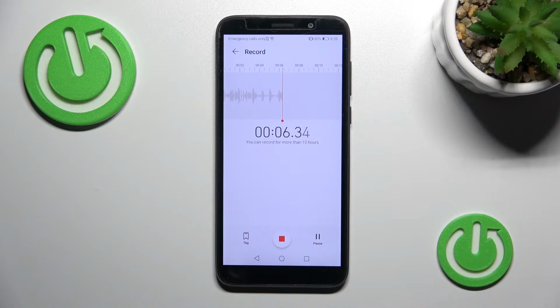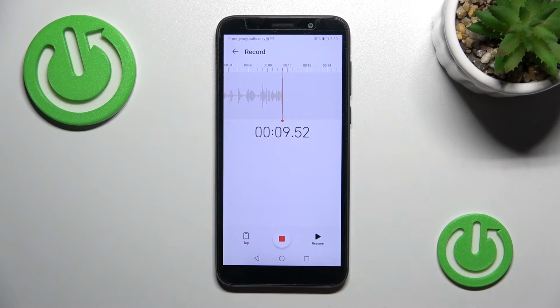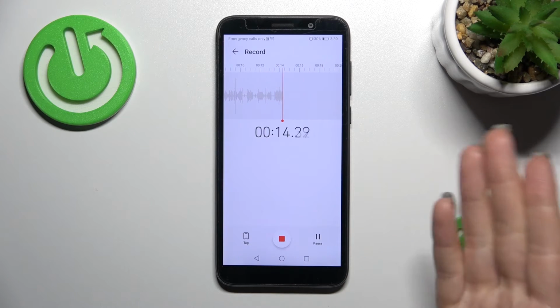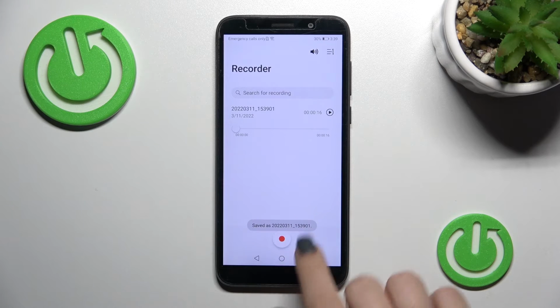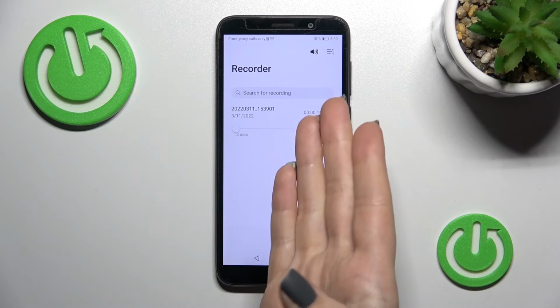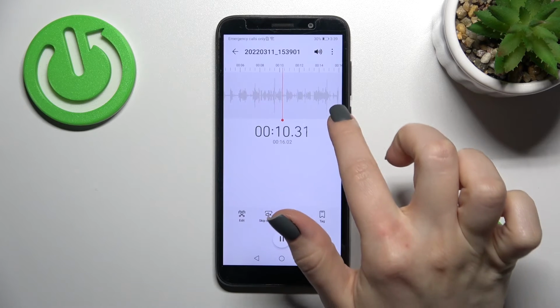successfully. By clicking on the pause button here, you can pause your recording, and then you can click here to resume and record your sound again. If you want to stop the sounds, don't click the pause, just click here on this button. And here we can see our previously taken recording, and you can just activate this